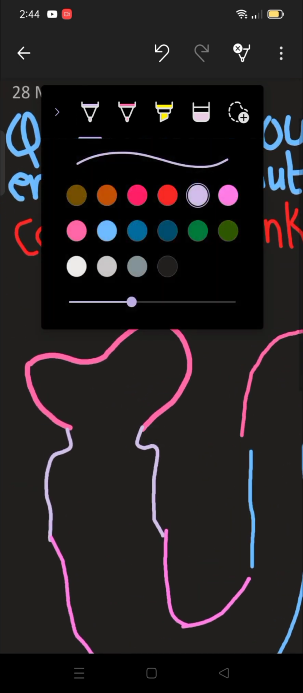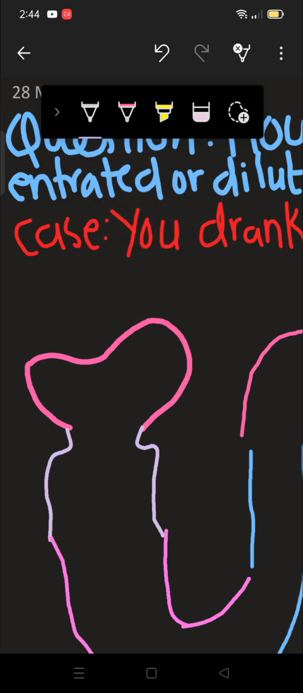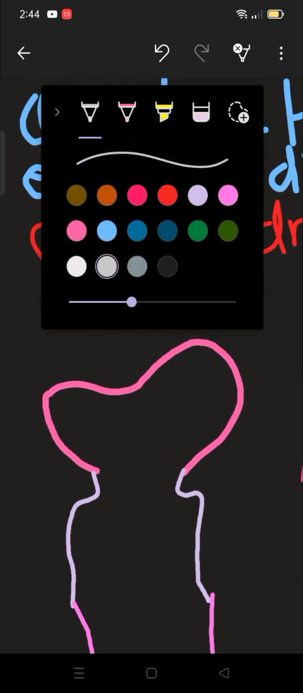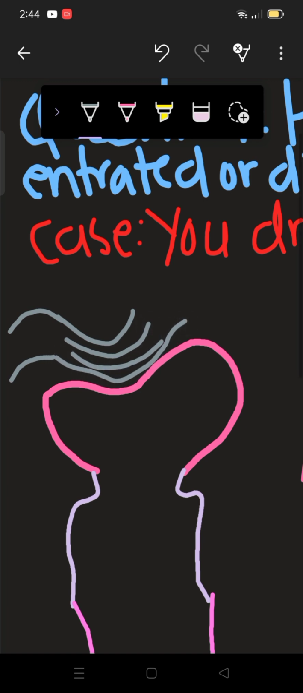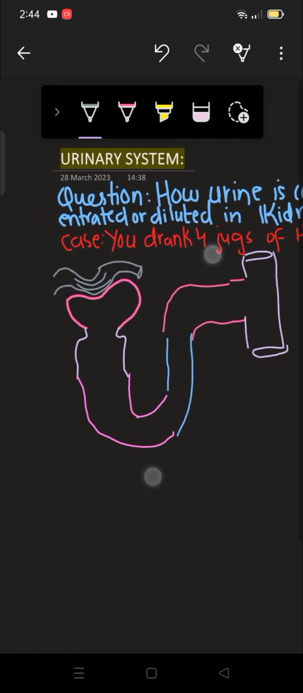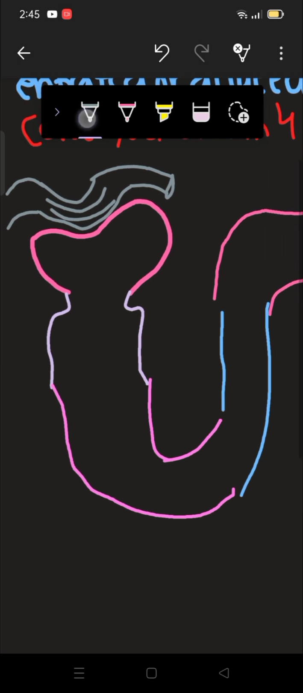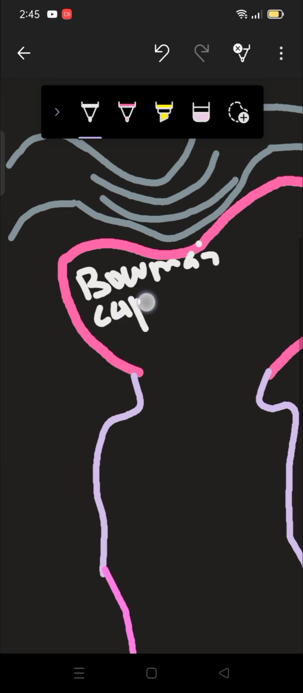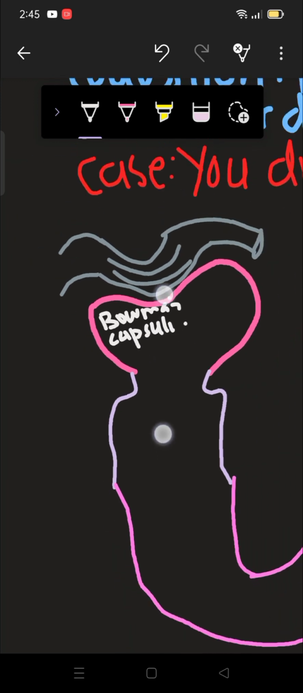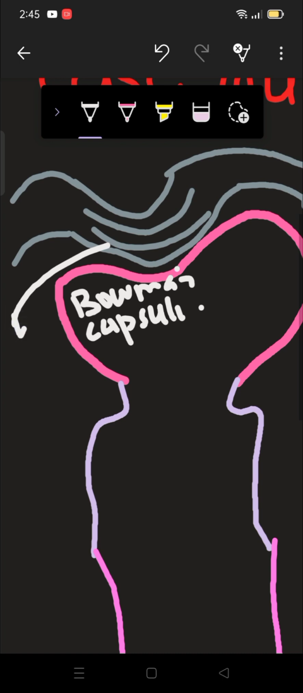So let me make the glomerulus here. This is the afferent arteriole, then this is converting into capillaries for the filtration, then ultimately here is our efferent arteriole. Alright, so wait, let me label these all now. This is Bowman's capsule, this is glomerulus,